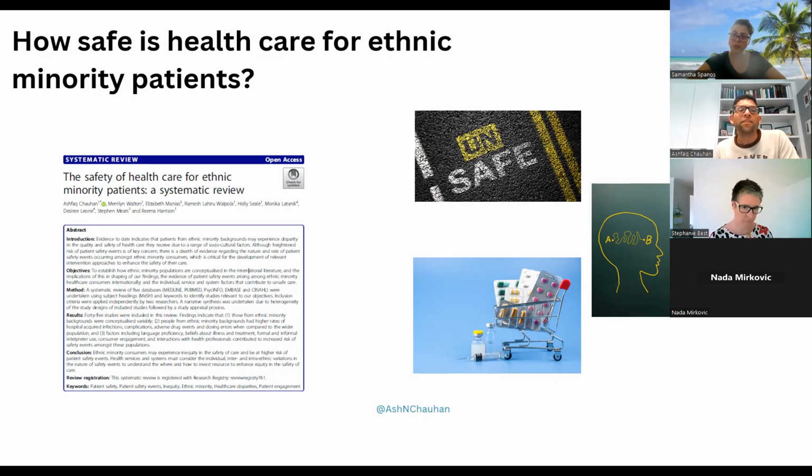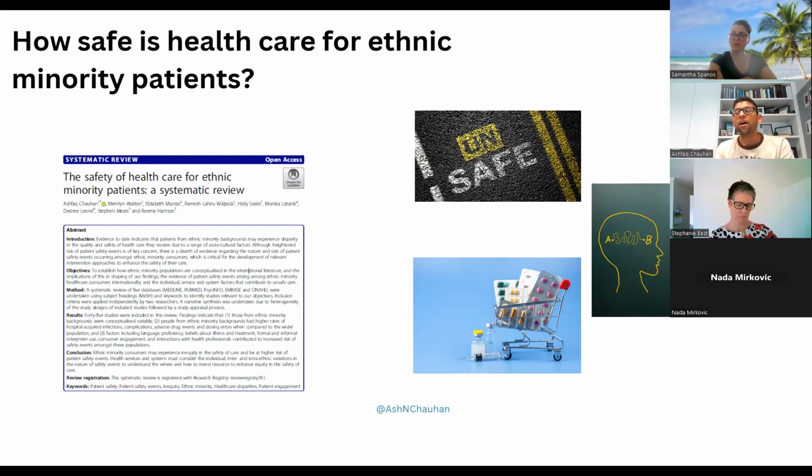So we did a systematic review of 45 studies, which identified that people from CALD backgrounds accessing healthcare experience a higher number of medication-related harms, dosing errors, administrative errors, and not being able to understand instructions on how to take medication, which was one of the key factors among others. Other socioeconomic factors were identified as well.